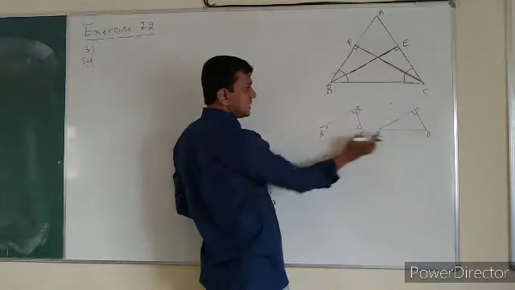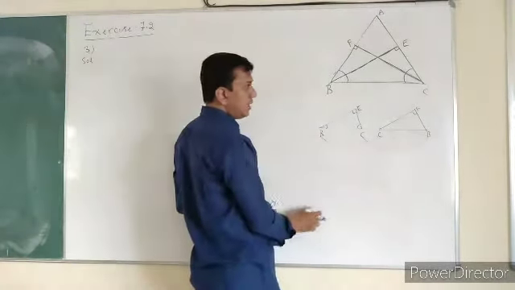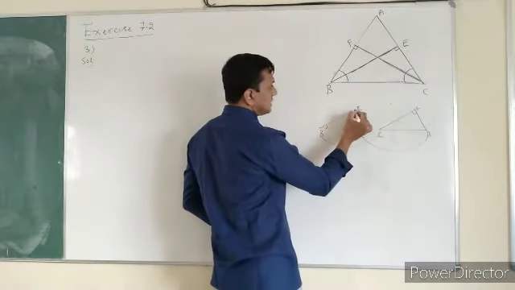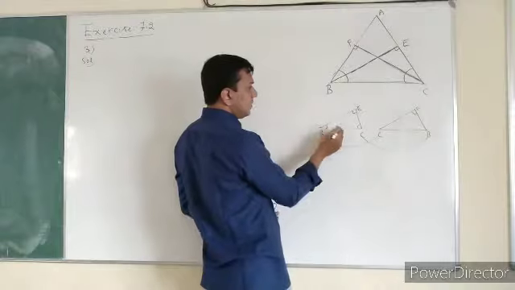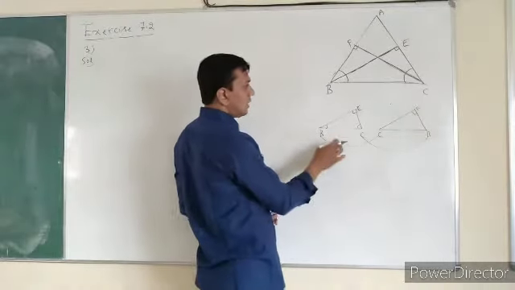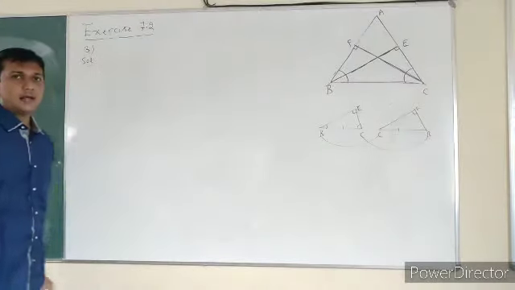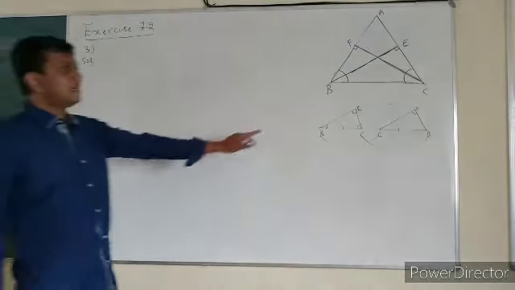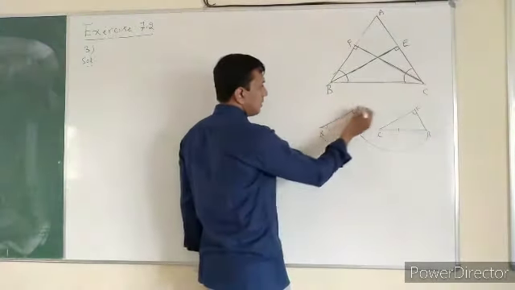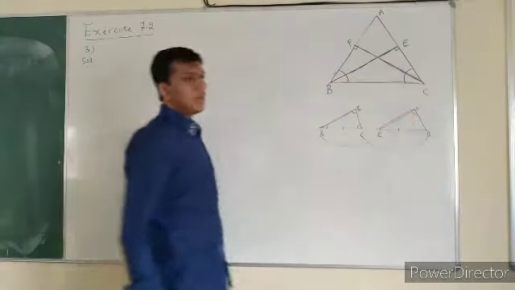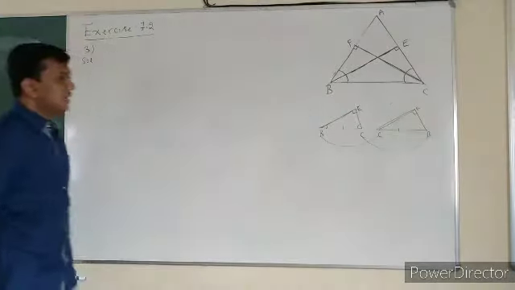Angle B position corresponds. Angle B will be equal to angle C here, and angle C will be equal to angle B here. And you can also take angle E and angle F are equal, and one side is also equal. Overall, you can say that it is following angle side angle congruency. By this congruency, both are congruent. If they are congruent, what will happen? These altitudes are also equal because of the CPCT rule. Okay, so we'll go for the proof.